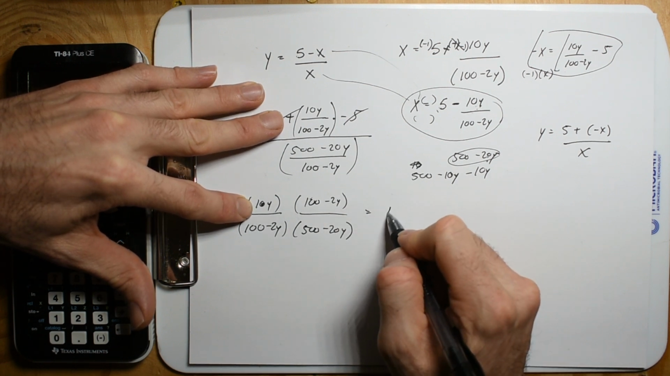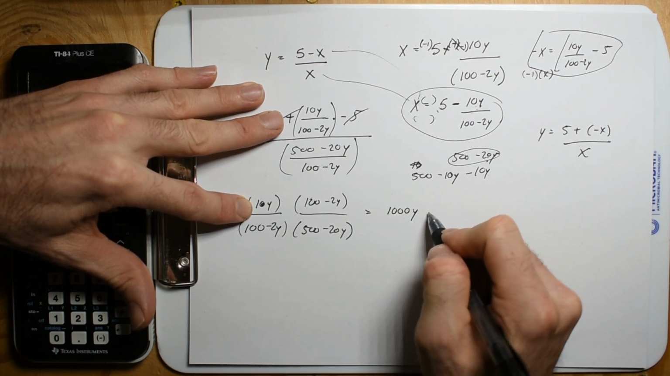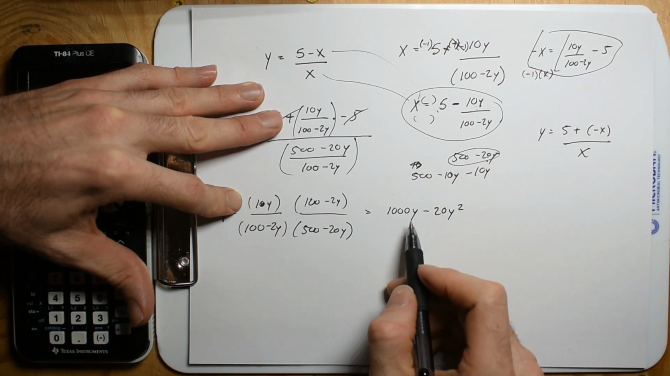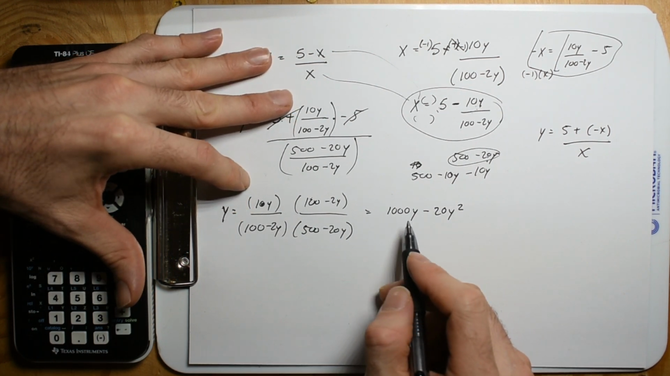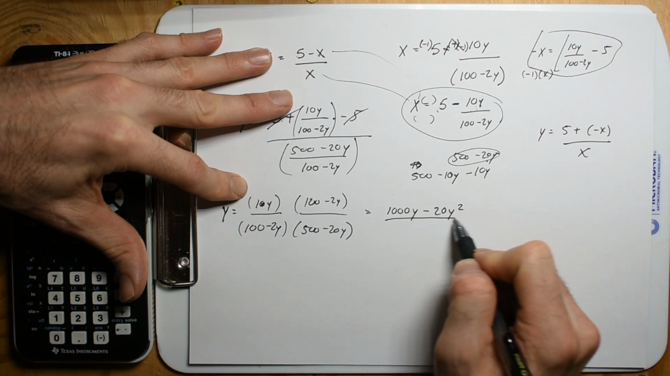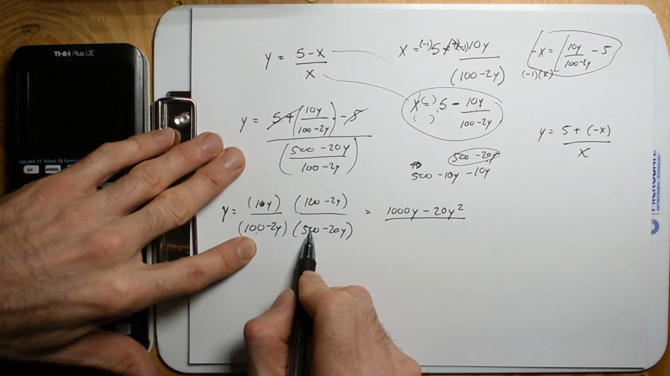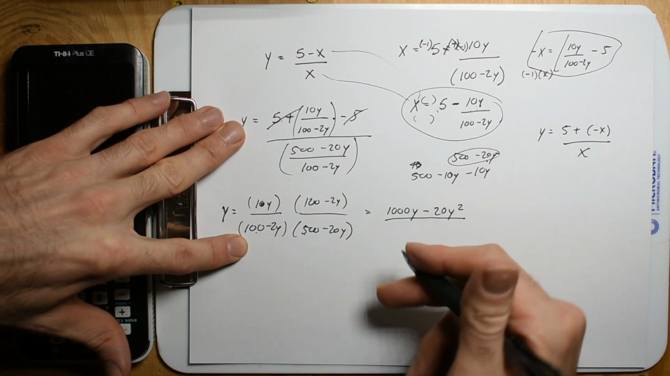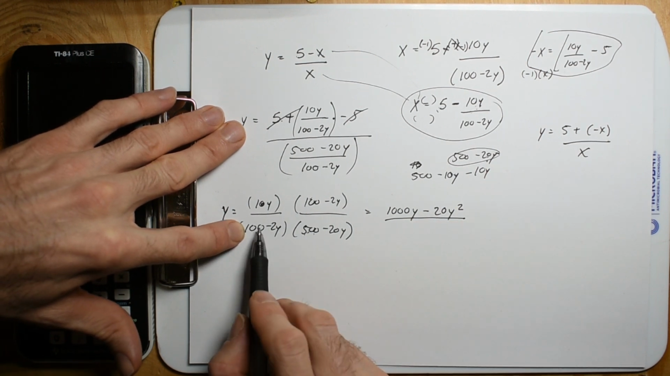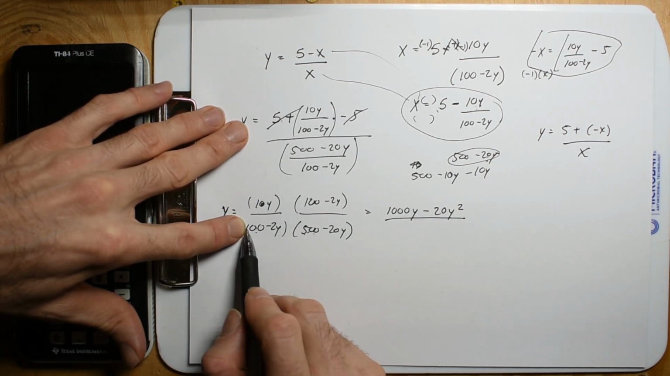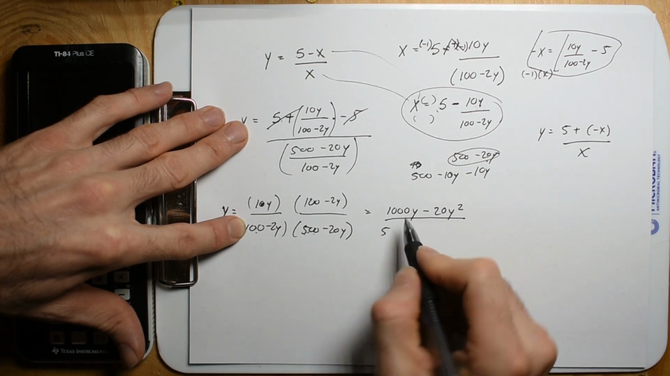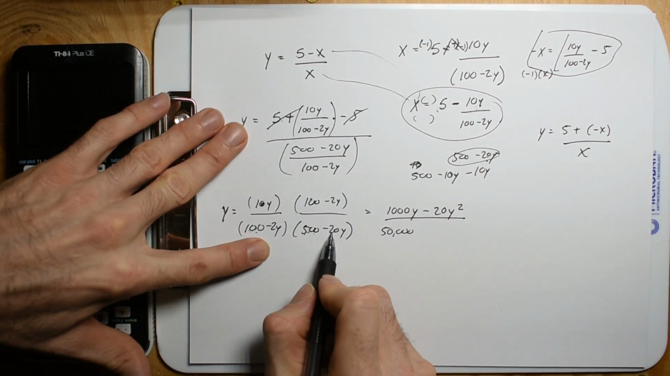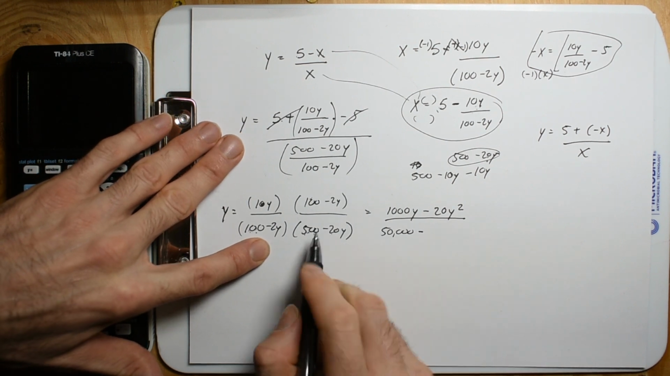So now I can just FOIL this in. I have 1000y minus 20y squared. Is this what I want to do? Sure. And then down here, I swear this is wrong. No, I just haven't done this one. Yeah, the numbers are just a little bit bigger than I'm used to. So I have 1 times 5 is 5, and I got 4 zeros. 50,000. Now I'm having negative